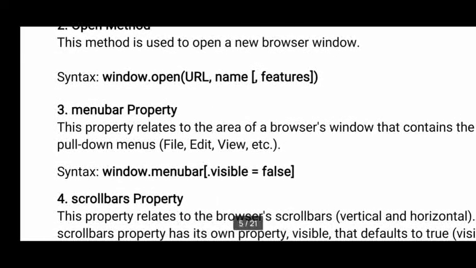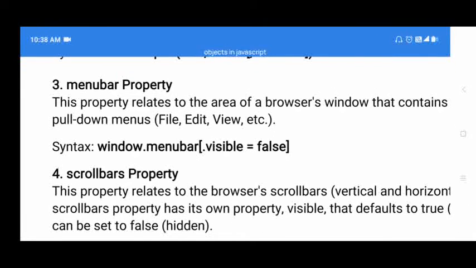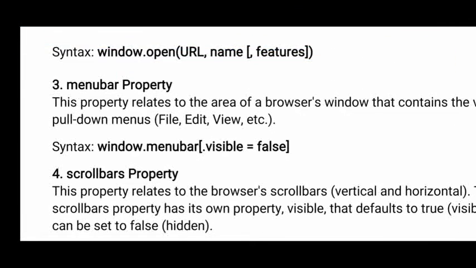Now the menu bar property. In the menu bar you have different menus, like file, edit, like that. So if you want to hide the menu,